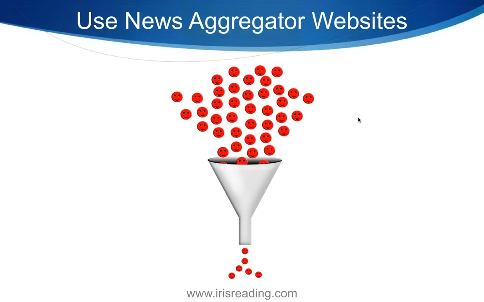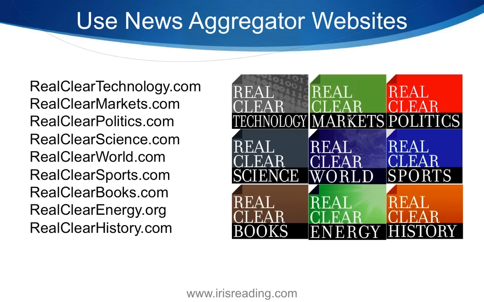However, people are always trying to make sure they get information that isn't extremely biased. It's hard to find websites that don't have some sort of bias to them. It's very hard to be completely neutral for anybody. One of my favorite aggregator websites, you can see a list of them here, is from the company that does realcleartechnology.com, realclearmarkets.com, realclearpolitics.com, and so on and so forth. They have a number of different sites that focus on these different topics. One of the things I like about these news sites is they do a very good job of curating their content. Also, I've noticed they usually do a pretty good job of showing both sides of a certain issue.